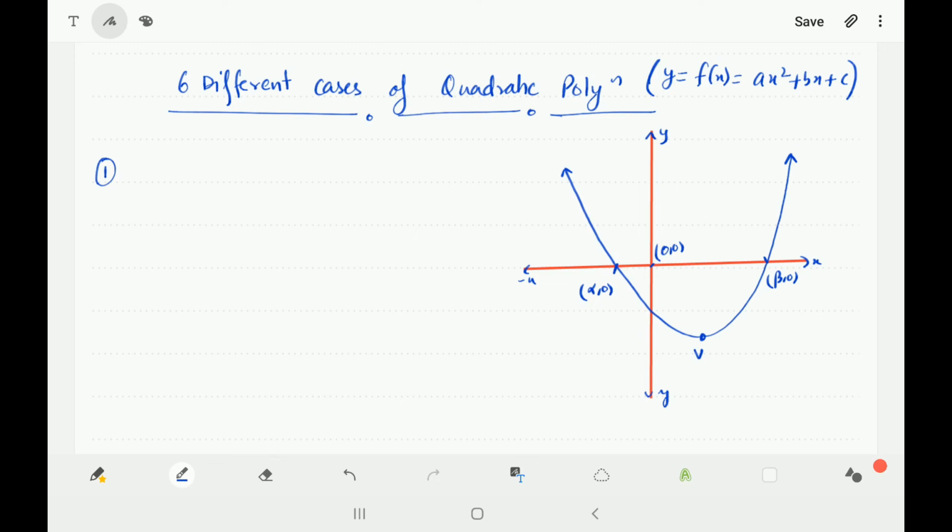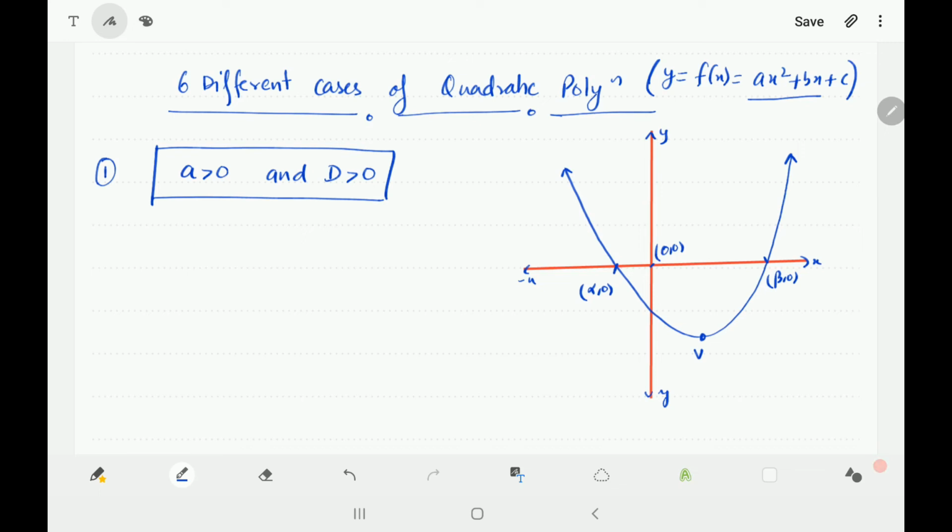Moving on to the next topic. In this topic, we'll be discussing 6 different cases of a quadratic polynomial, based on the graph of a quadratic polynomial only. Let's consider the function as ax square plus bx plus c and the roots as alpha comma beta, if they exist, with alpha less than beta. In the first case, this graph will come in this shape if and only if a is greater than 0 and d is greater than 0. I hope this is quite clear.